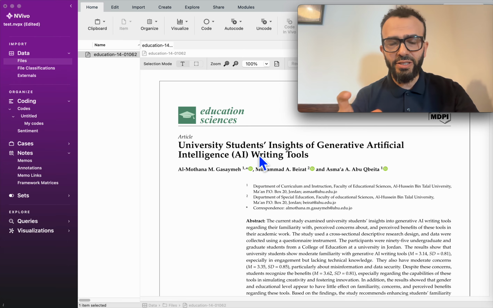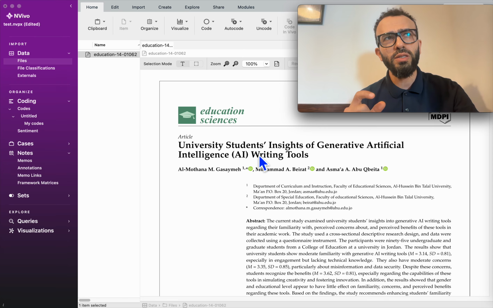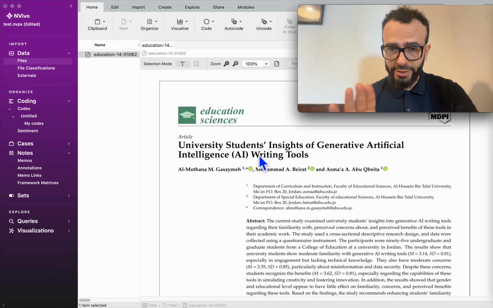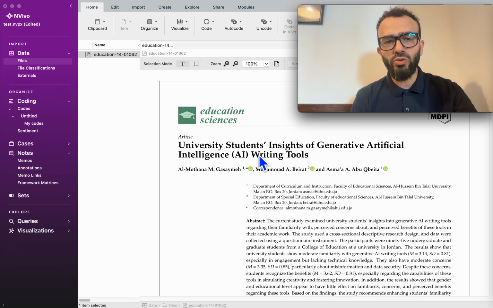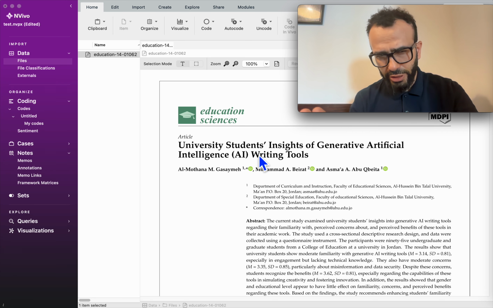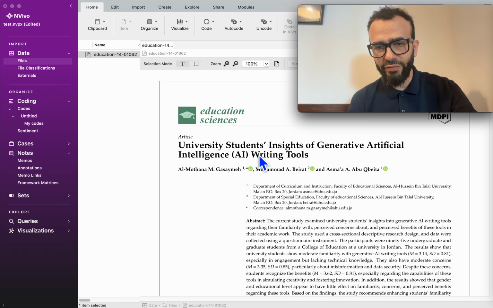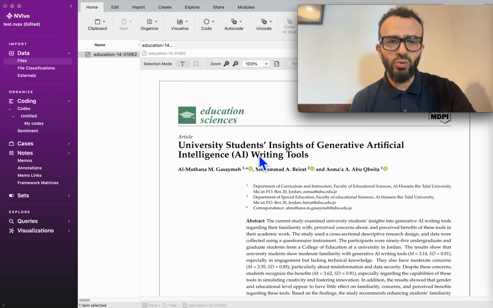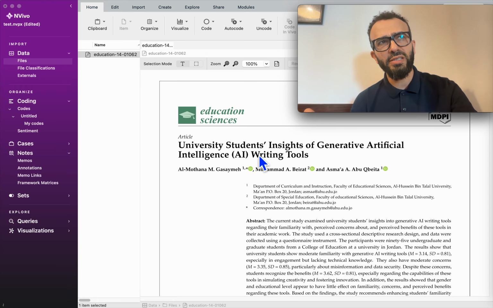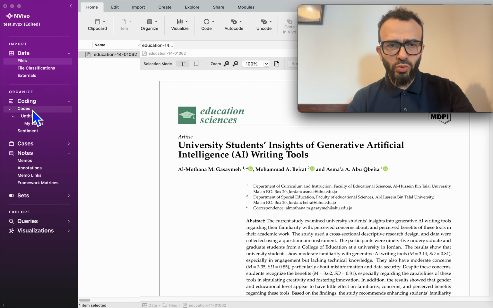Regardless of this structure as well, you need to keep in mind what kind of structure you are going to settle on. For instance, you can start deductively or inductively. Deductively means you keep in mind the topic you are going to analyze, for example, in our example here, generative artificial intelligence as writing tools. So you recognize from previous research that there are main themes that could be interesting. In that case, you come to the codes here,